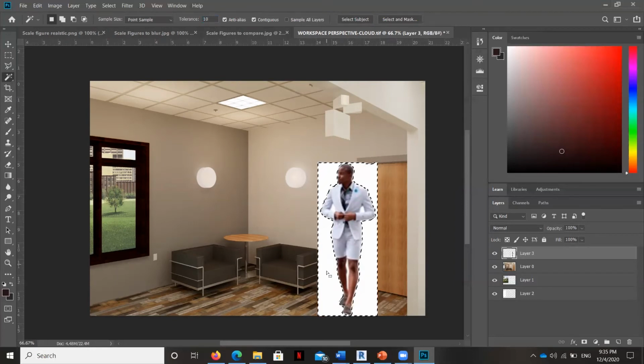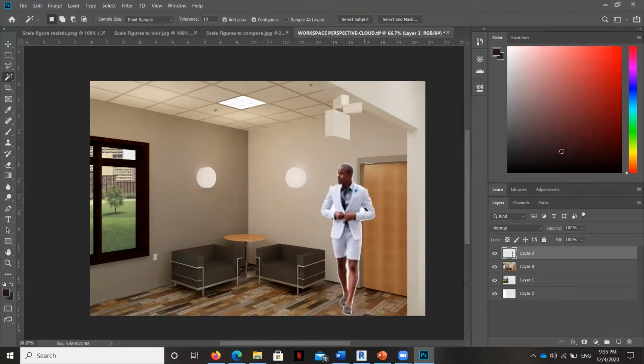You're telling Photoshop how much variation you want for it to identify a boundary. So once that's selected, I'm going to hit Control X to delete it. Okay, he's still got a little bit of shadow.